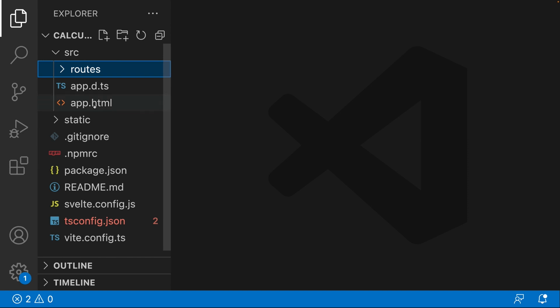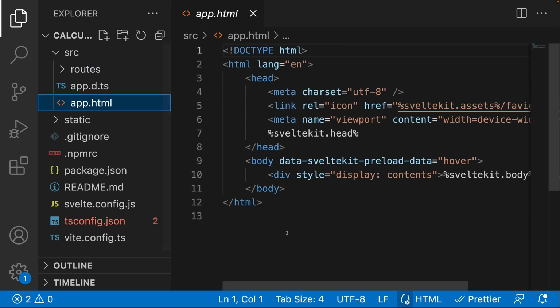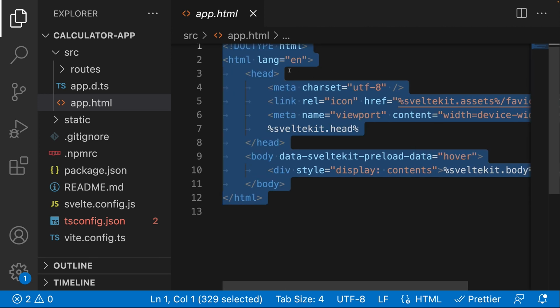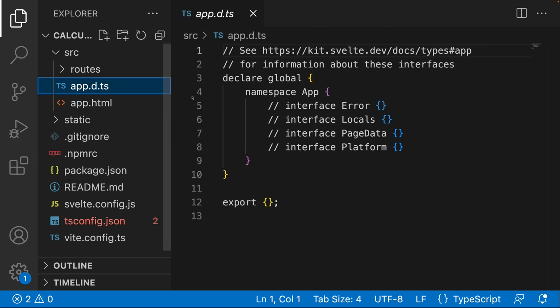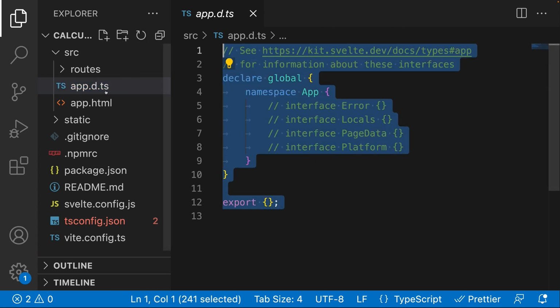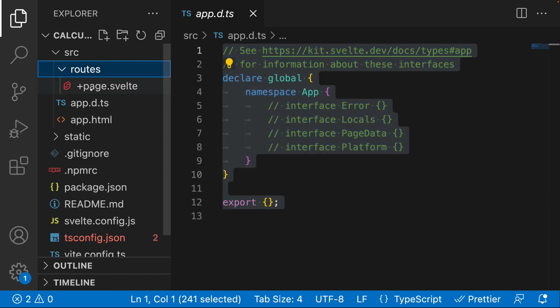So you can see here in here, there's three different things. We got 2 files and 1 directory. So you have an app.html. We don't have to worry about this. This is going to be something that we'll talk about a little bit later, but this is something that we probably shouldn't touch. We also have an app.d.ts. Again, something that we also shouldn't worry about and touch, but mostly we're going to be touching things inside of